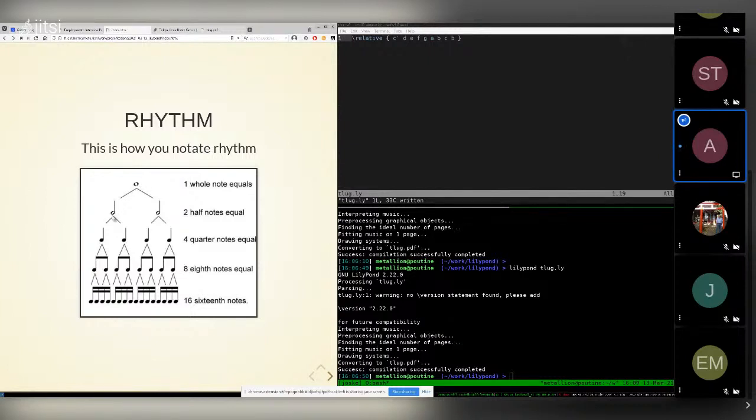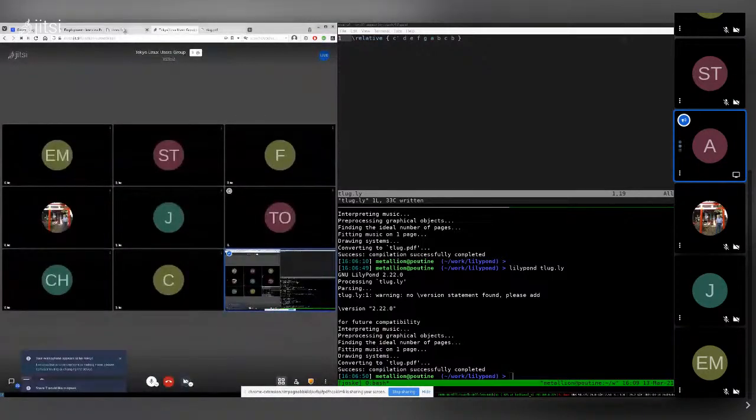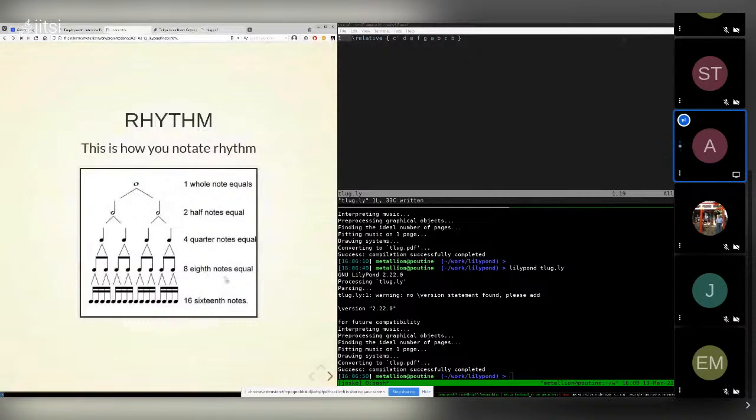Then here you have half notes, which are half a measure. A measure is 4 beats, so that's 2 beats, 1, 2. That's the length of a half note. And then these quarter notes, you can probably see that this is the note length that Lilypond defaults to. And this here is a measure line. There are 4 of these in one measure, so they take exactly 1 beat each. And you can go even further, like the 8th notes over here. There are 8 of those in one measure, which means they take up half a beat.